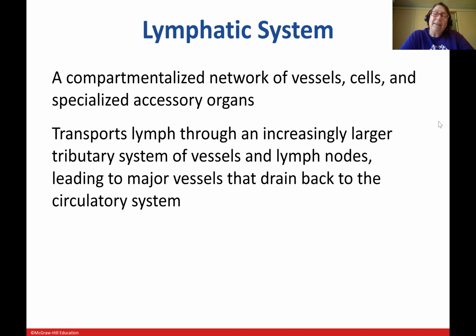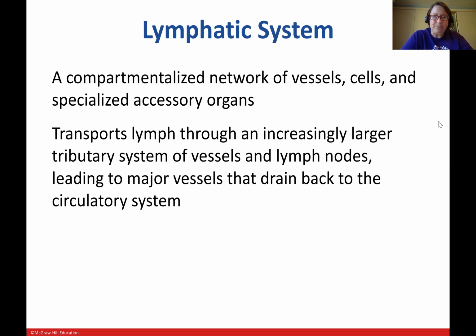Okay. So the lymphatic system is actually kind of a parallel system to the circulatory system. You'll typically find lymph vessels literally laying alongside the blood vessels, but it's separate. They are separately compartmented, and it's a separate network of vessels, of cells, and of specific organs. So we're familiar with things like the lymph nodes. That is basically where the lymph drains into and where a lot of the surveillance of the body takes place. In those lymph nodes, there are typically a lot of macrophages, and they're able to fight off these bacteria locally in the